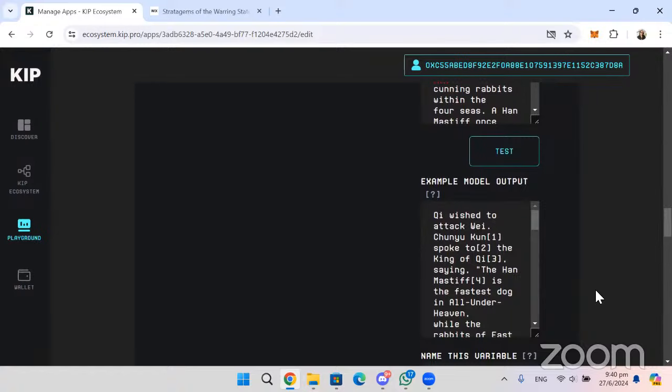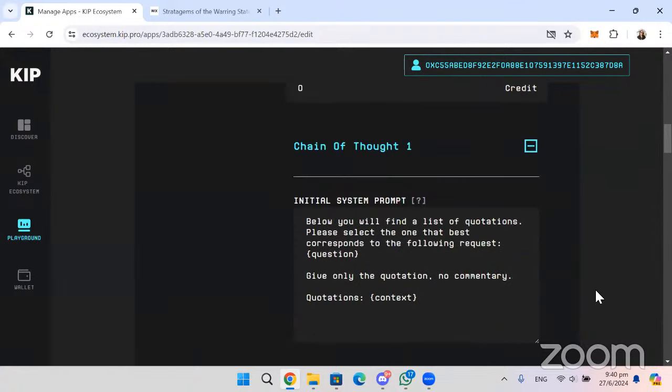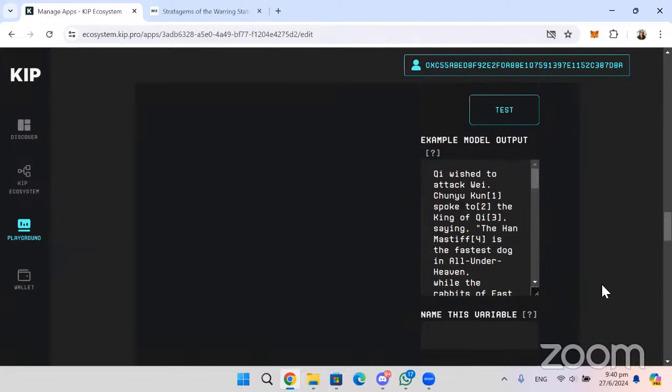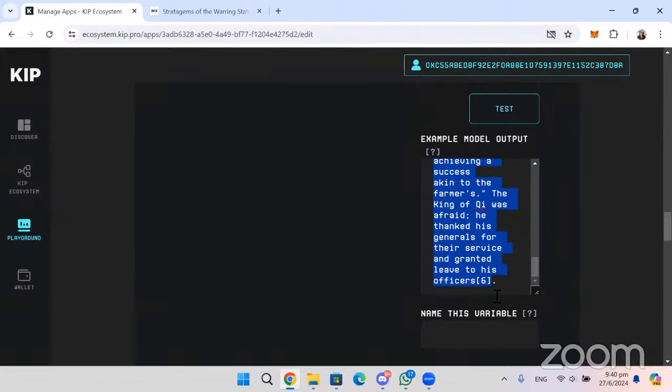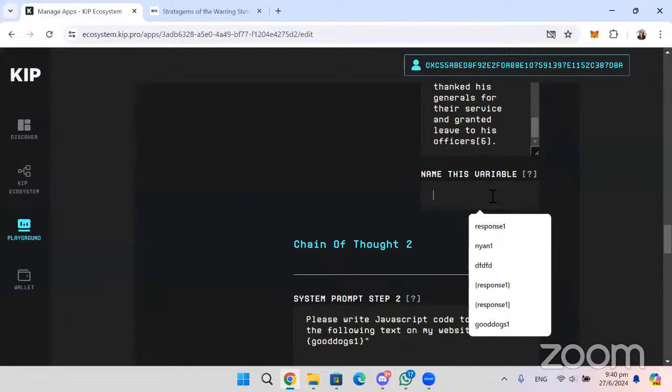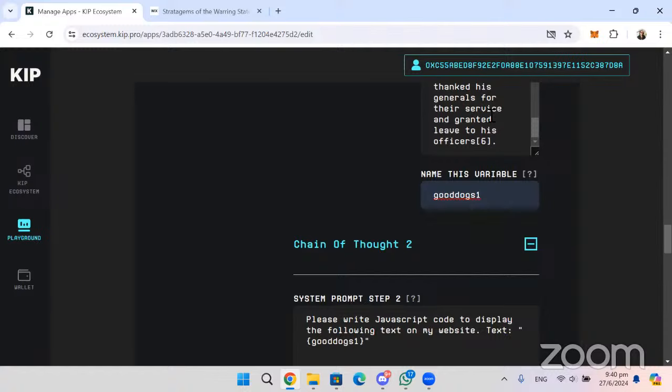And obviously I did more than just ask it to get the context. I asked it to pick one specific quotation from that context, give only the quotation, no commentary. And here we are. It's successfully selected a quotation, no commentary. It's all good. So I am going to call this output that it's made by a variable name, good dogs 1,